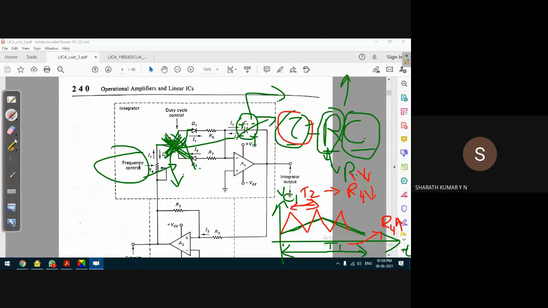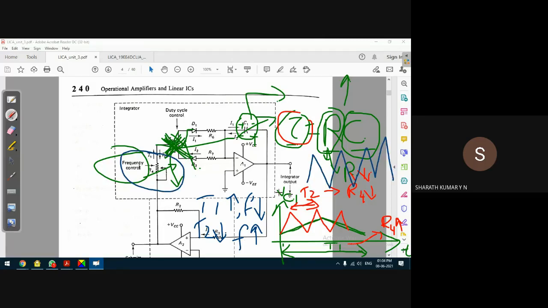So what is the significance? What do we conclude from these two? The larger the value of time period, the smaller the frequency will be. Other way around, T2 smaller indicates the frequency is larger. That means the frequency of the output of the integrator circuit, which is nothing but a triangular waveform, depends on the value of R4. By adjusting this R4, we can adjust the time period of the integrator output, that is, a triangular waveform.